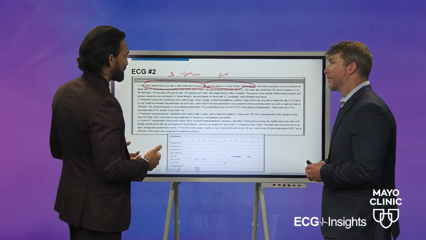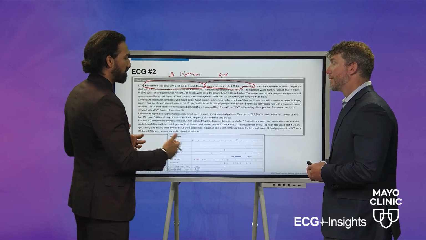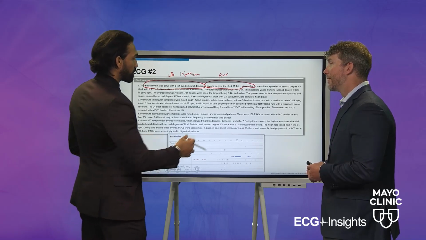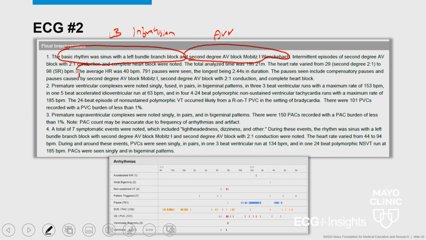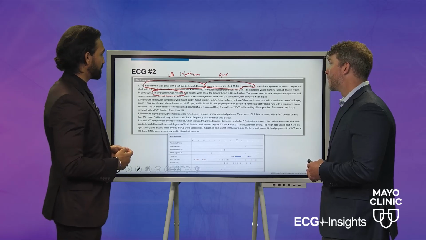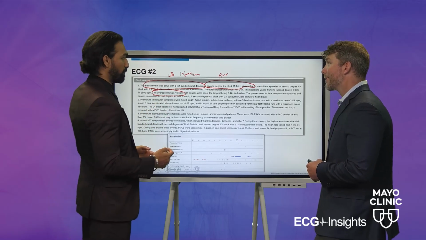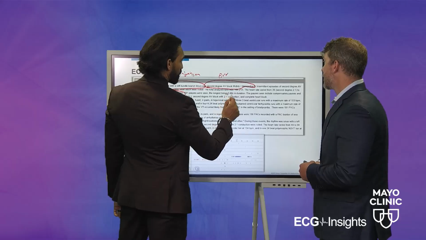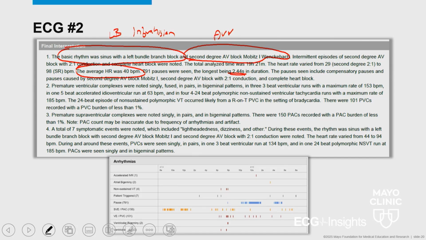Then you can see, okay, what is their escape rhythm doing? If they are having block, how fast are they going? Look, the average heart rate was 40. It's quite slow. Again, there are some elements here. We need to see how old the patient is. We need to see what their baseline vagal tone is. Are they an athlete? But let's say this is a 60-year-old patient that's not athletic; a heart rate of 40 will not be normal. So even though the longest pause was 2.44 seconds, which doesn't sound very long, it's very concerning.